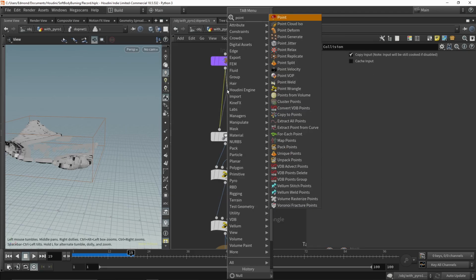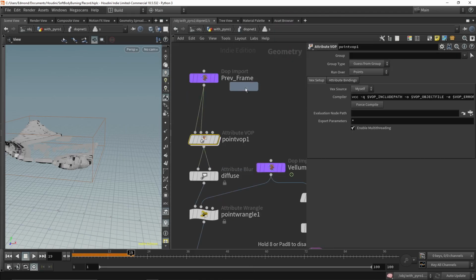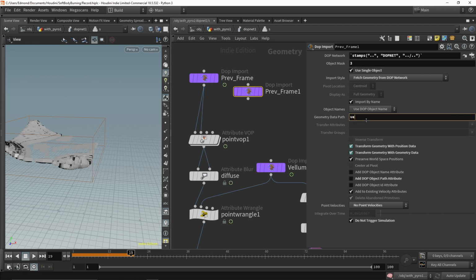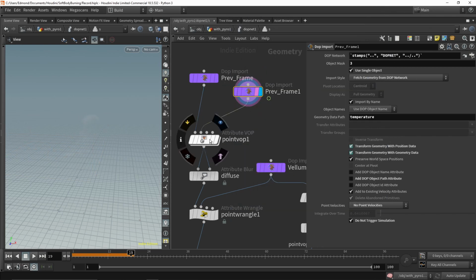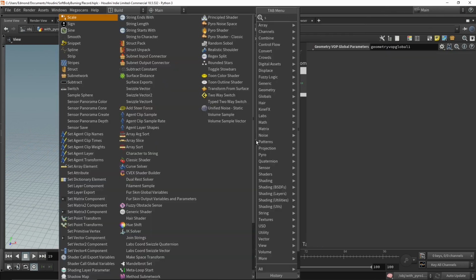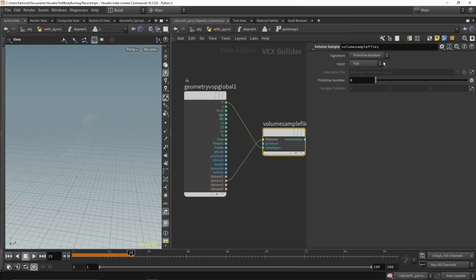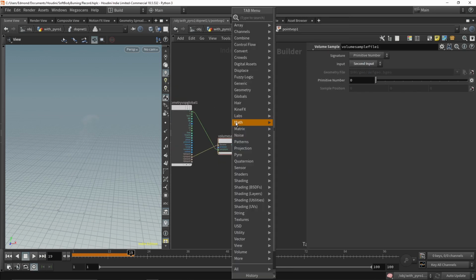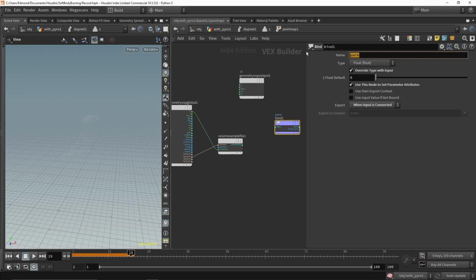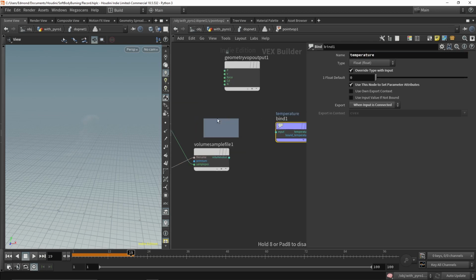I also want the flame to be able to spread as the temperature field hits some pyro spread points. So what I will do is import the temperature field from my pyro object, and I will take the maximum of that field and the temperature attribute on my pyro spread points.